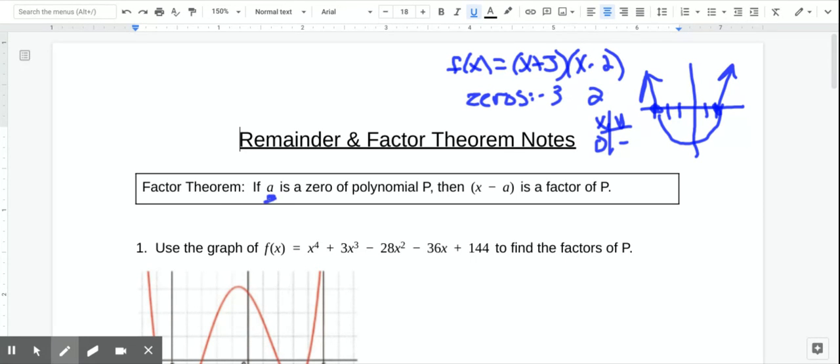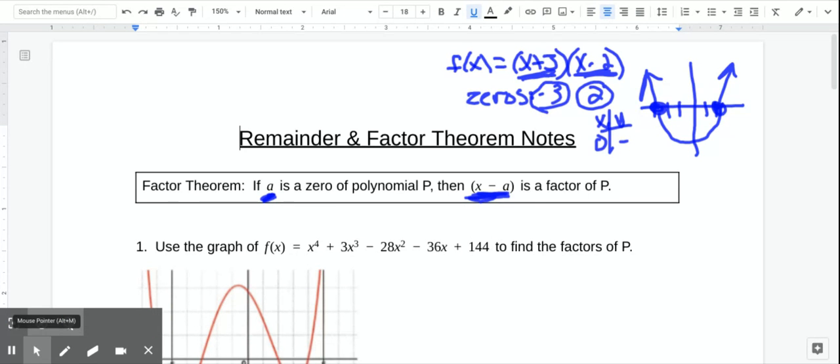If a is a zero of a polynomial, if it's one of these x-intercepts, then x minus a is one of the factors. So if I tell you that -3 is a zero, that means x plus 3 is a factor. If 2 is a zero, x minus 2 is a factor. So it's always the opposite sign there in the parenthesis. So we can actually use that to